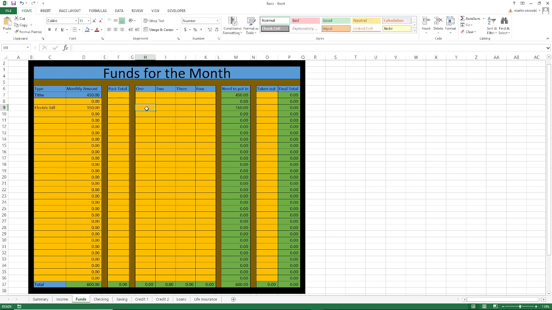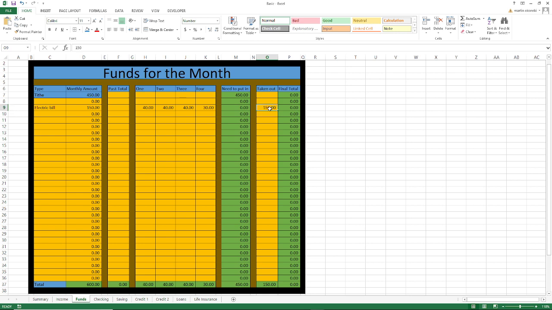Every week you get paid, let's say you put $40 in one week, $40 in the next week, $40 in, then the 4th week you put $30 in. And then you have $150 in there. So when your bill comes due, you can actually take it out and pay it.